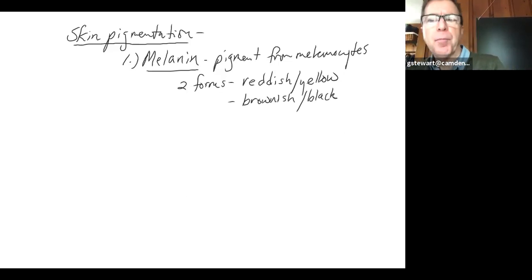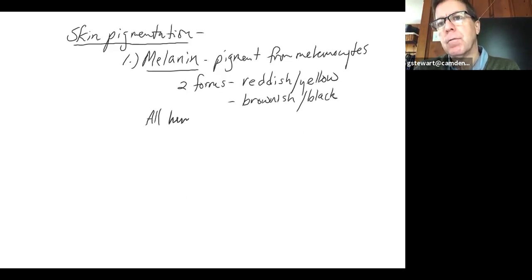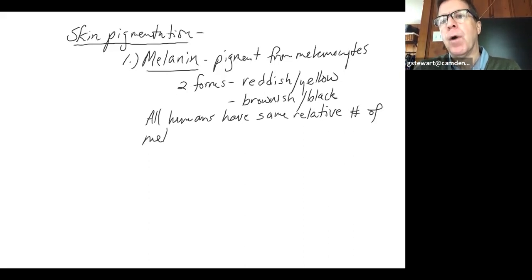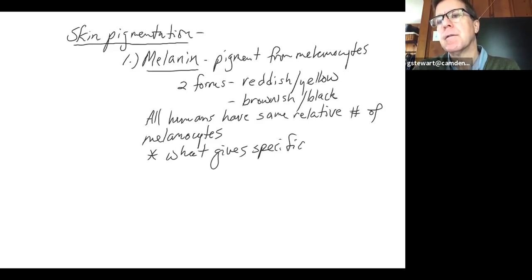And just by the way, all humans have relatively the same number of melanocytes. So we all have the same pigment producing cells. I'm just going to put the same relative number. Obviously, it varies a little bit from individual to individual. What gives us different skin color is mostly, so I'm just writing what gives specific skin color